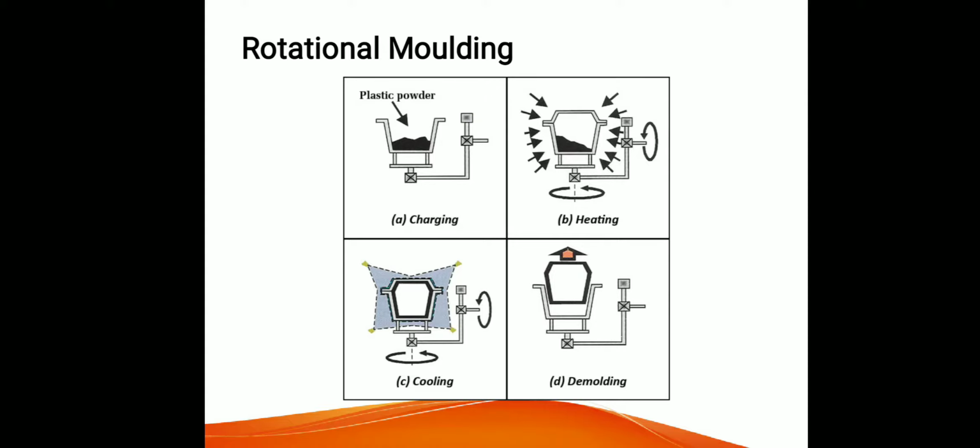The molds are simple and inexpensive as compared to other types of plastic processing like injection or blow molding. But the production cycle time of rotational molding is longer as compared to other processes. Then the next process,